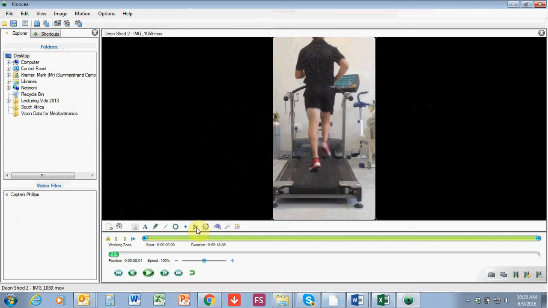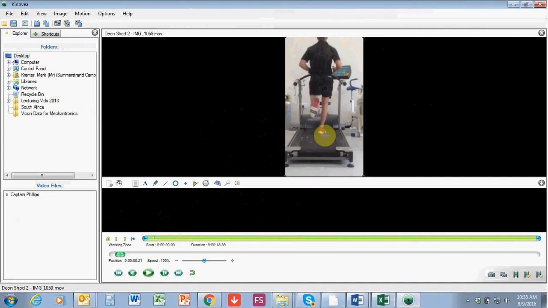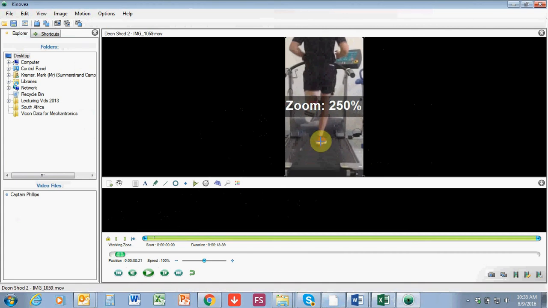Okay, so let's start step by step. One of the first things that I'm going to start on is the right side of our particular athlete, and I'll go straight to where his heel hits the ground, and I'm going to assess a couple of things on the right side, typically working from the ground going upwards. So one of the first things I just quickly want to check is I'll use this line option, and you'll see it just changes the screen slightly. I'll zoom in again a little bit more, and I'll draw a straight line down from the middle of the heel. What I'm trying to check is where his heel strikes relative to where his mid glute is,